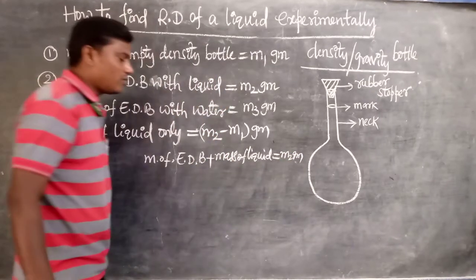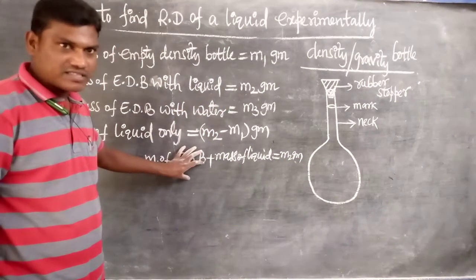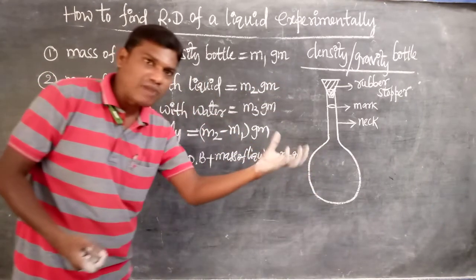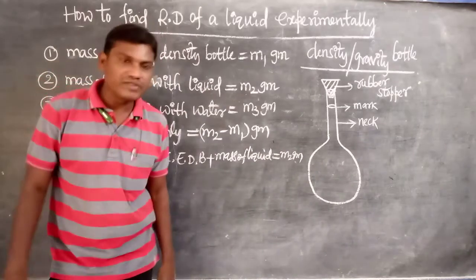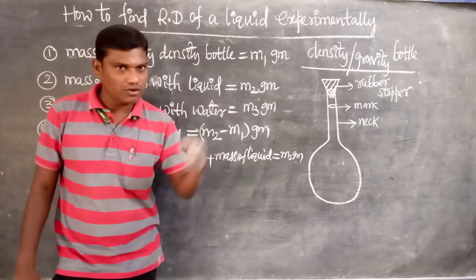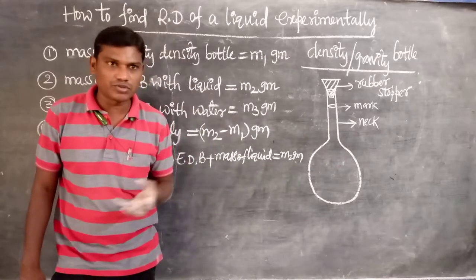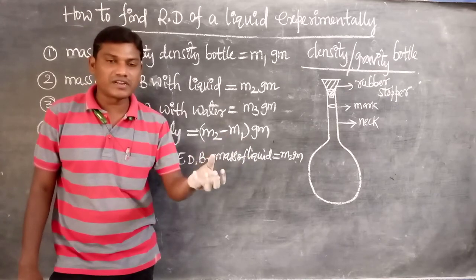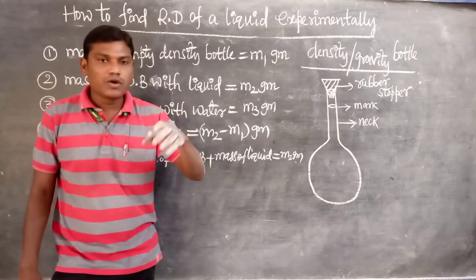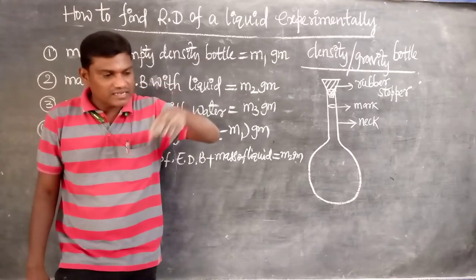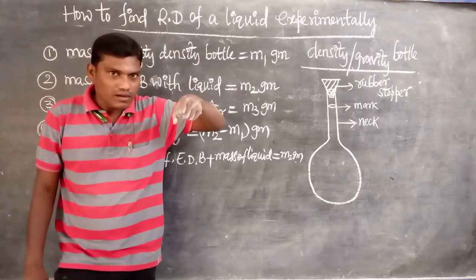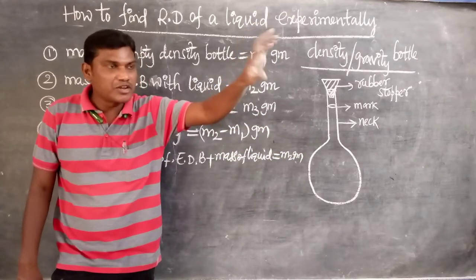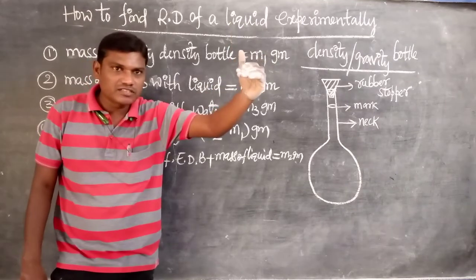Listen very carefully. When you fill the liquid in the density bottle, the bottle already has some mass. You observe this whenever you go to a kirana shop, provision store or general store to buy half a liter of oil or 1 kilogram of oil. First, whatever tin or bottle you bring is kept on the weighing balance. It shows some mass, so they reduce that and change it to 0.